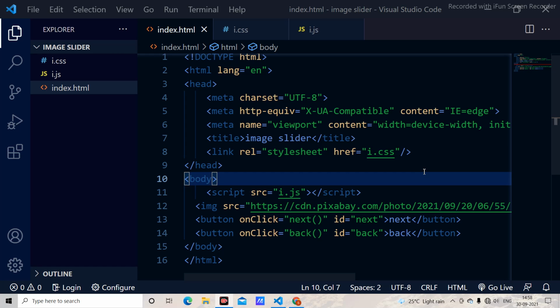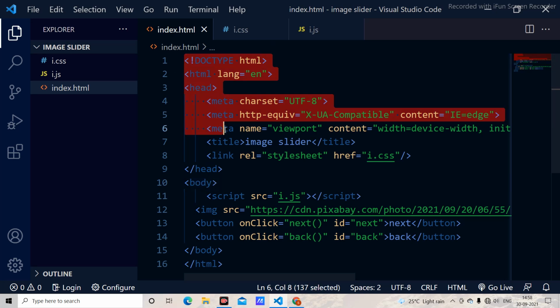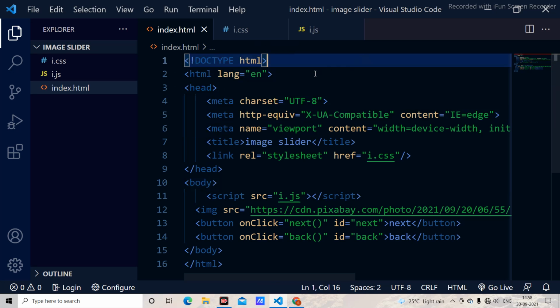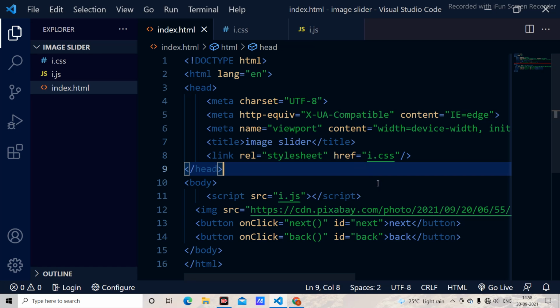First of all, you can add this project as a GitHub project for your profile, and we move through it. First, I have created an HTML page using the code snippet doctype HTML, using an exclamation mark and enter. Next, I have changed the title from document to image slider so that I can figure out that it is an image slider website.